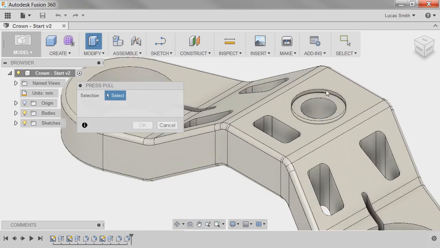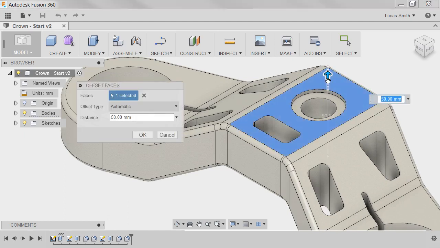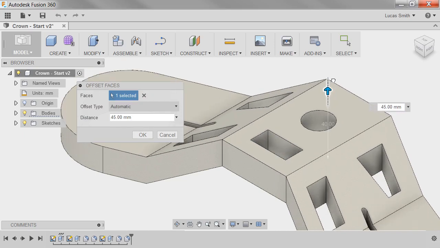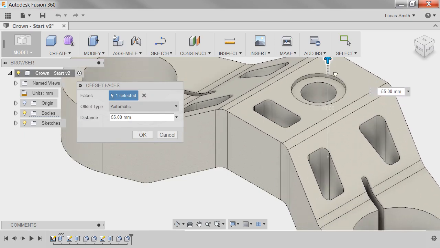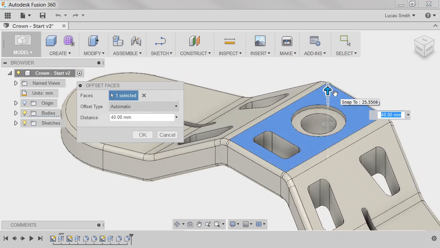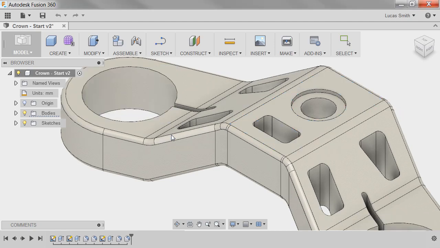I'll select the top face of the model to access the Offset Faces command and move the face with the drag handle. Notice that, since the thickness is determined by a single cut tied to the height of this face, and the cut was made on the face's plane, the thickness of the whole part changes with the face while the cut maintains its depth. This parametric intentionality can be seen in other places as well. I'll cancel the Offset Faces command,